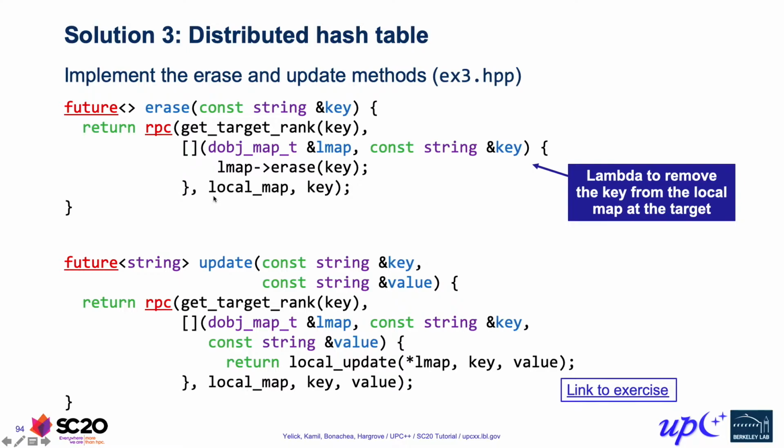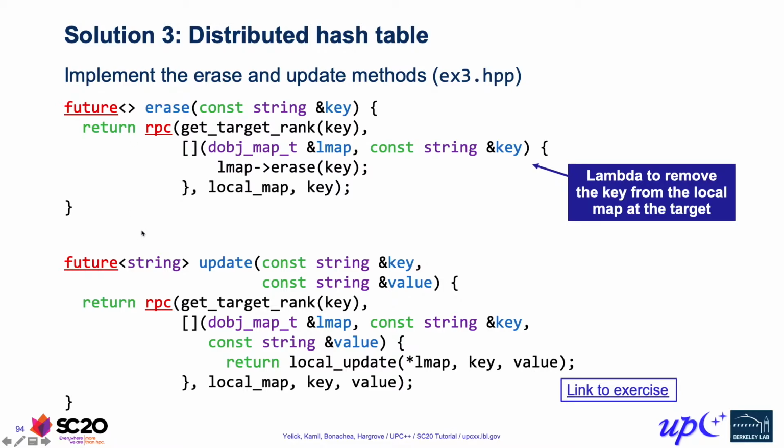So we have our local map over on the caller side. What happens is this gets translated to the universal name. The universal name gets sent over, and then it gets translated back on the remote end to the local representative of the distributed object over there. And then finally, we also pass the key as an argument here as well. This remote function doesn't return any value, so we just get back an empty future as a result from RPC, and in this case, we return that directly as the return value of erase.